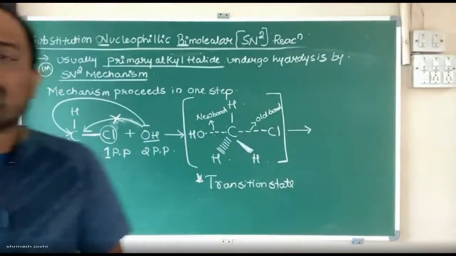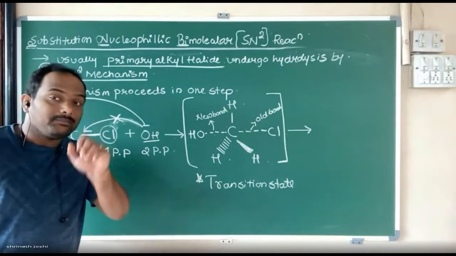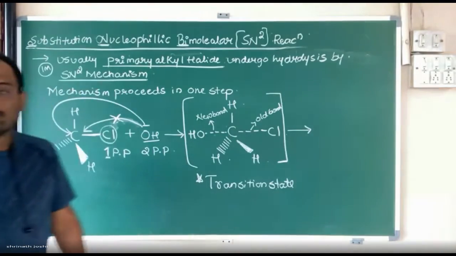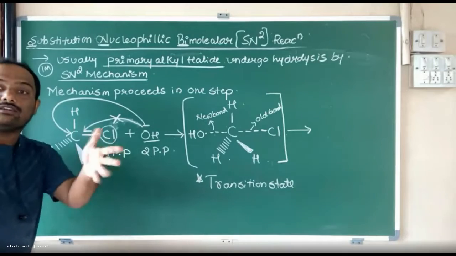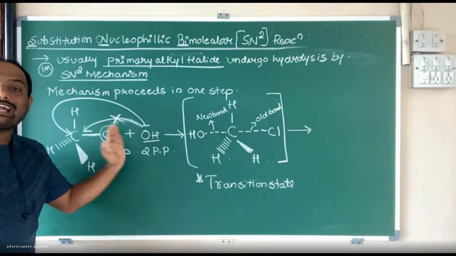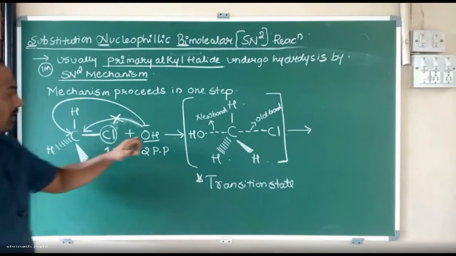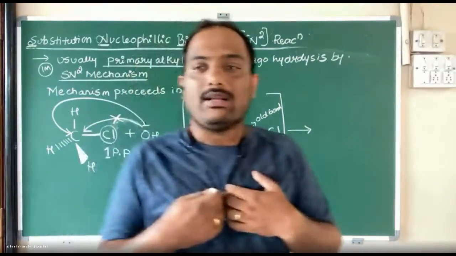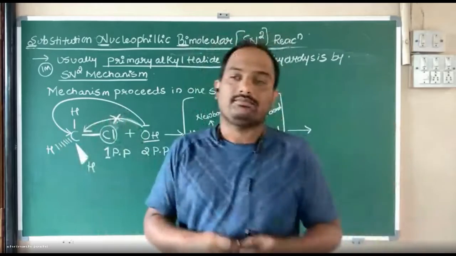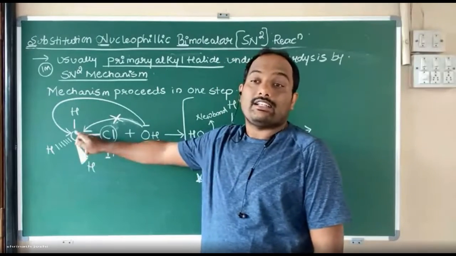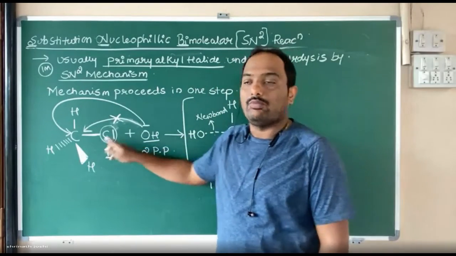It's a small story to make you perfect, simple. Now it totally got 3 plates. Once it has already consumed all these 3 plates, then what will it do? Carbon knows next time chlorine will not give. Next time what will carbon do then? It will slowly push the chloride atom outside and try to make a new bond with OH, which is giving 2 plates of pani puri. Imagine in place of carbon, if you were there, what would you have done? If I was there in place of carbon, I would have done the same thing. That's why the carbon atom will compromise its old bond to make a new bond with OH.